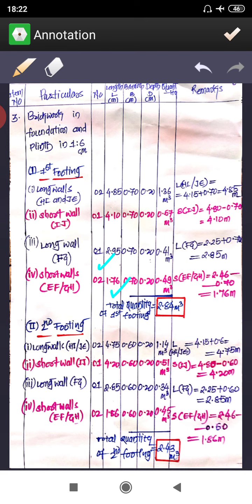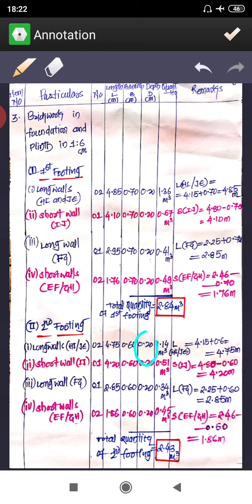1.76 is the length, you are having width of 0.70, depth of 0.2, then it is going to be 0.49. This is the quantity. So now all together if you add the sum here, it is going to be 2.84. Now the same thing I'll be following for the second footing, whereas second footing you are having a width of 0.6 and the depth of